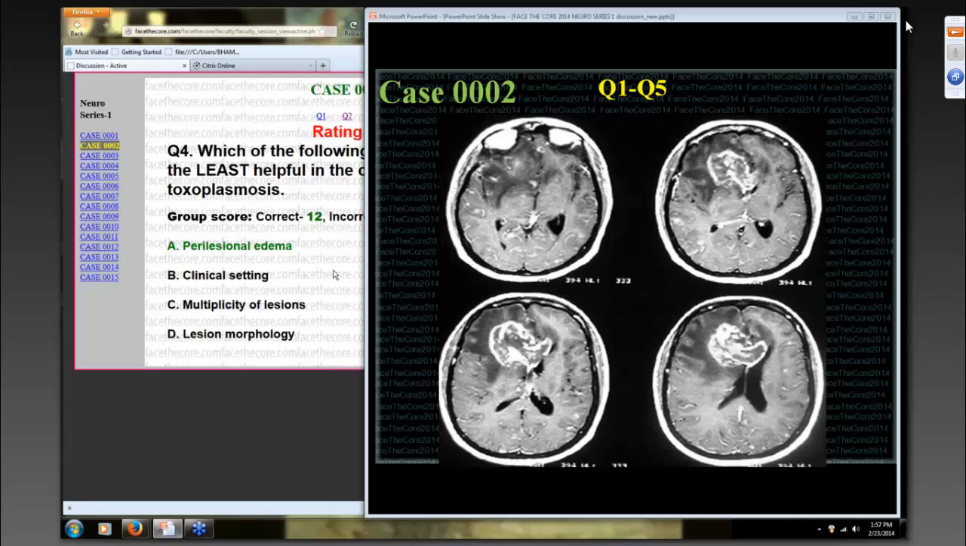And heterogeneous enhancement that you see in this case, as opposed to a solid enhancement, would be much more common in toxo, as we have already shown. The rest of them are common in both situations. The multiplicity and the lesion morphology is of course important, and clinical setting of course is also important. But as I said, given the situation, still a lymphoma is a good possibility in these situations of immunocompromised